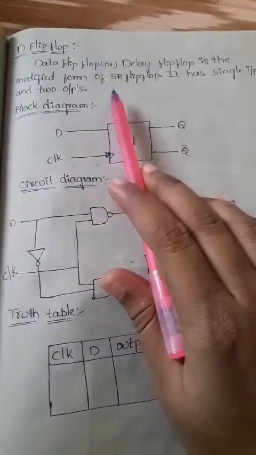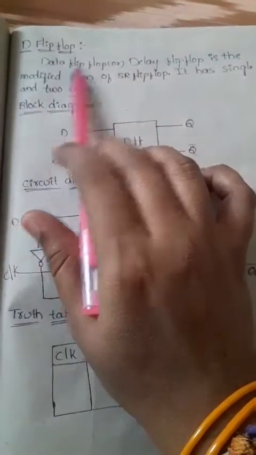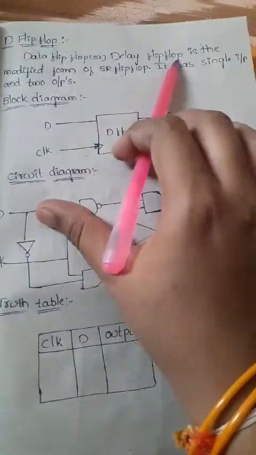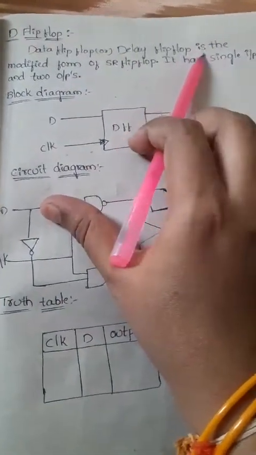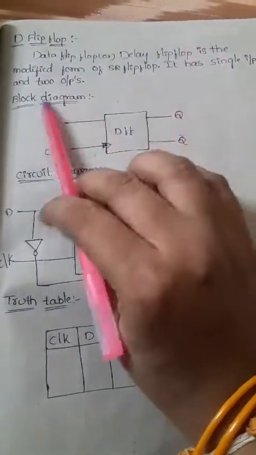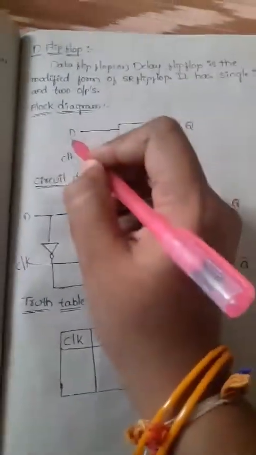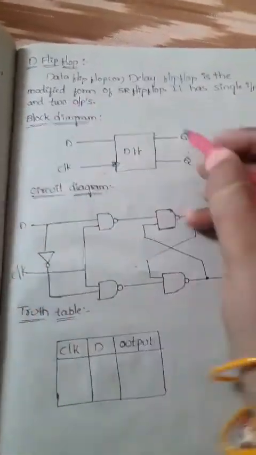Now we'll see the next type of flip-flop, that is the D type flip-flop. The D flip-flop is nothing but a data flip-flop or delay flip-flop. It is the modified form of the SR flip-flop, and it has a single input and two outputs. The single input we can consider as D, and the two outputs we can consider as